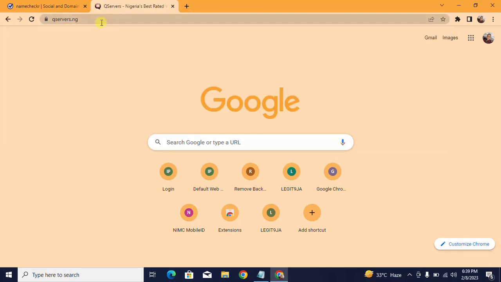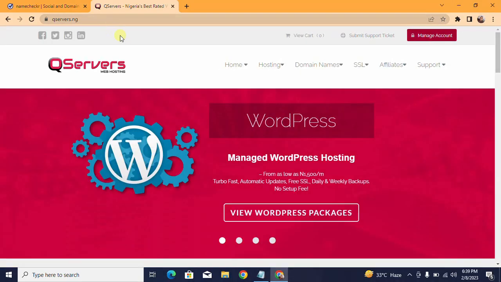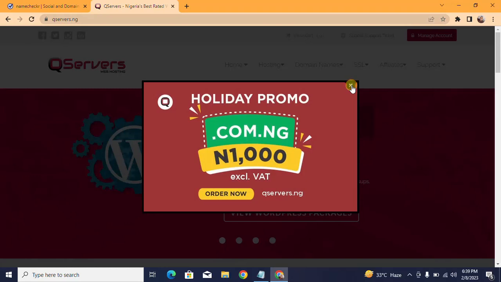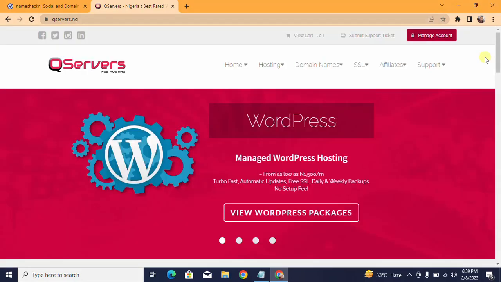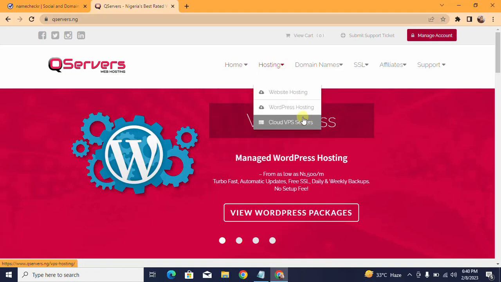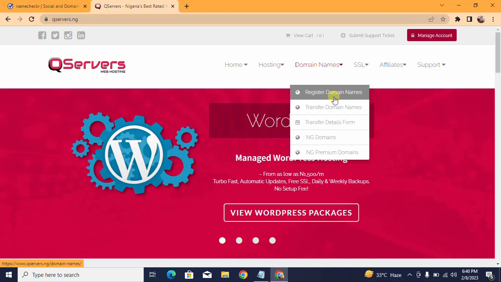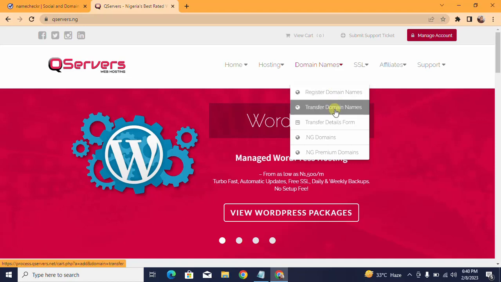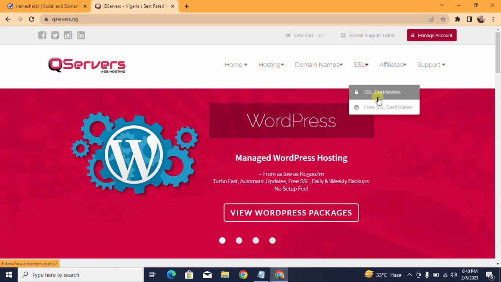I just click on it and it takes you to Qserver. It says Nigerian best rated web hosting company. This is their promo. All right, now here's the home page about them, promotions. Now here's the hosting. We have web hosting, we have WordPress hosting, we have Cloud VPS hostings. Now here's the domain name where you register a domain name, transfer the domain name from another registrar, and details forms .ng domains. Now we have SSLs, that is certificate for